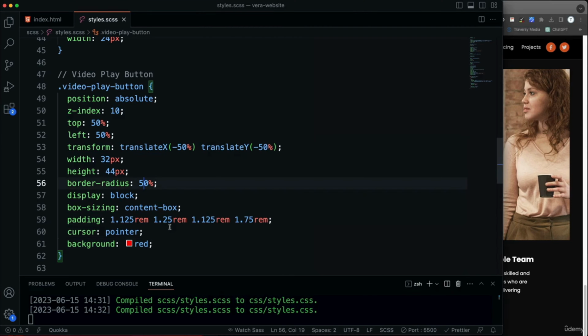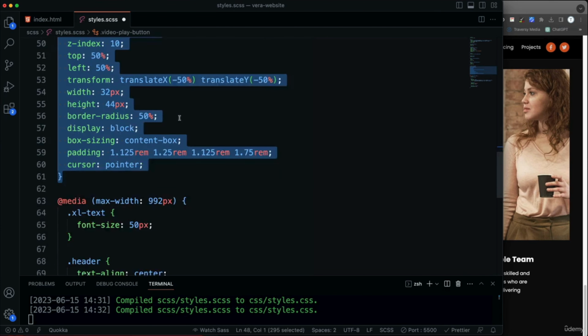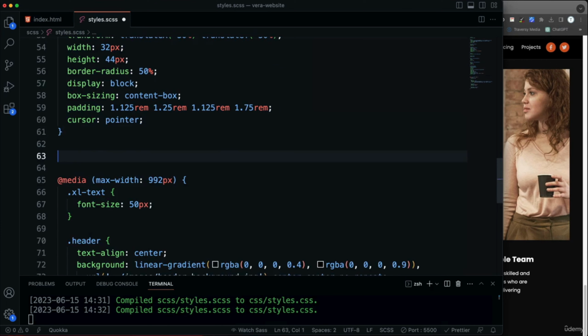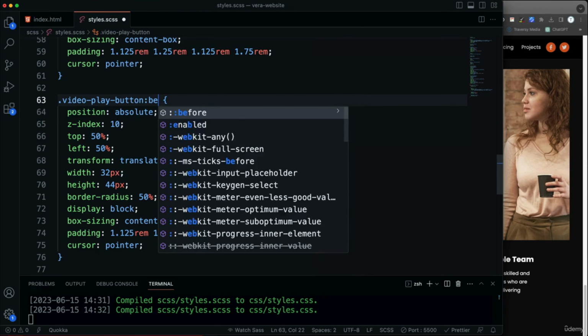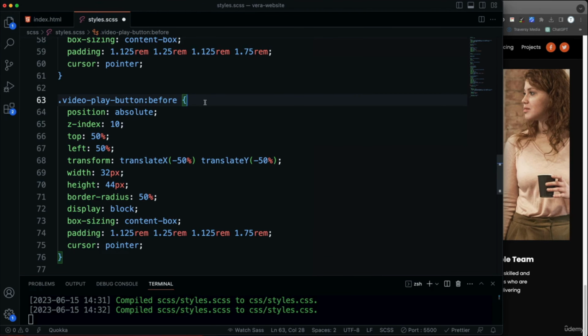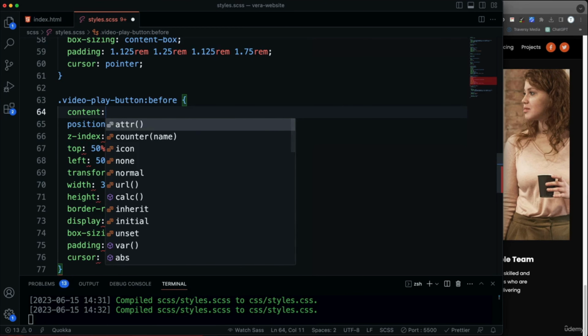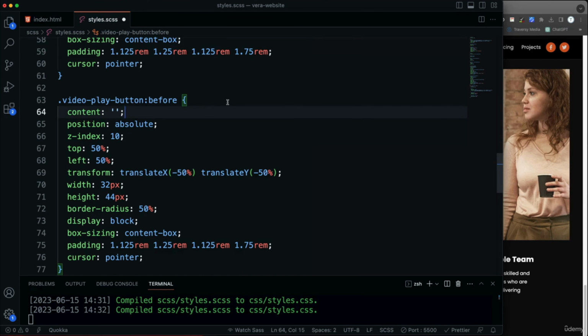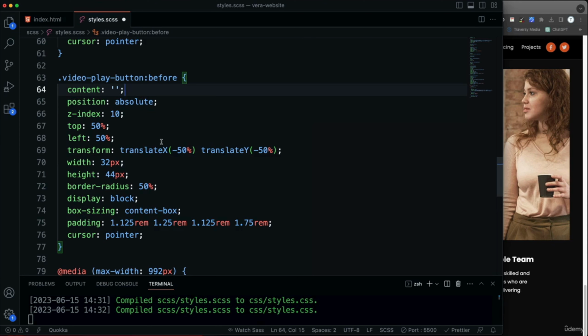But we're not going to add the background onto this. So what we're going to do is copy this whole thing and then paste that in, and we're going to add the colon before. So we're using the before pseudo selector, and whenever you use before or after, you have to have a content property, and we're just setting that to an empty string. Now a lot of this is going to stay the same. Position absolute,